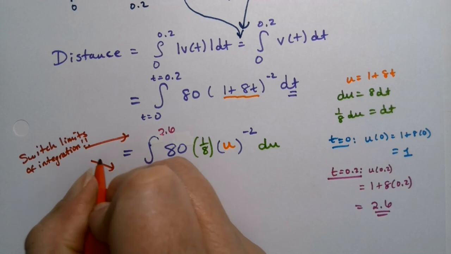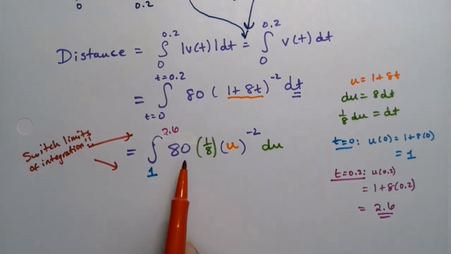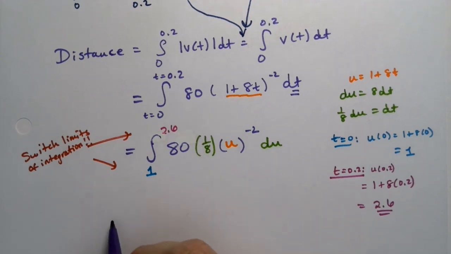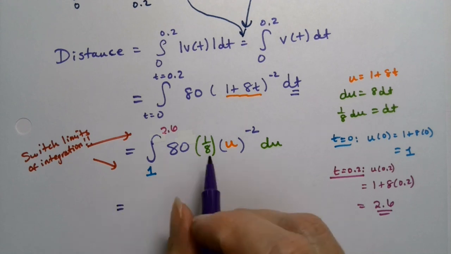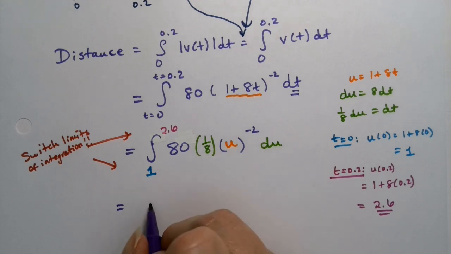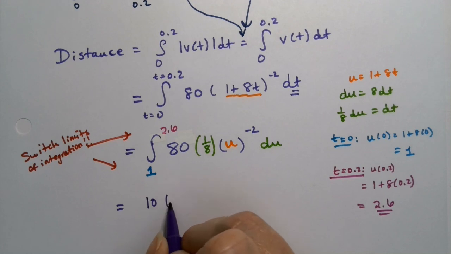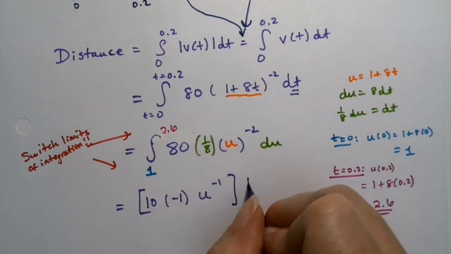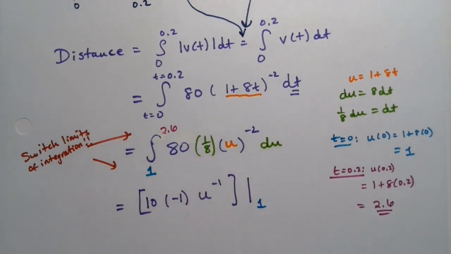Right? Okay, so then this is pretty easy, actually. So 80 times 1/8 would just be 10. And then I'm going to integrate this. So the integral of u to the negative 2 is u to the negative 1, multiplied by the reciprocal of that. So it's going to be 10 times negative 1, u to the negative 1, from 1 to 2.6. Okay, so that's negative 10 coming out in front. And let me remind you that a negative power is 1 over u. So you're really taking 1 over u from 1 to 2.6,